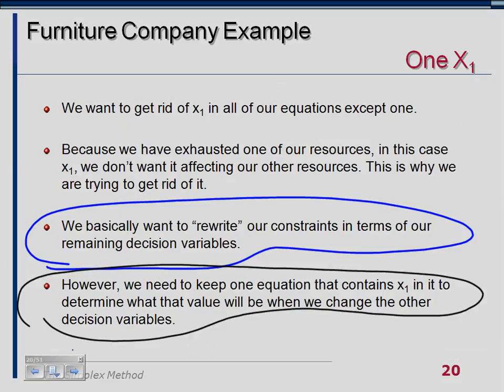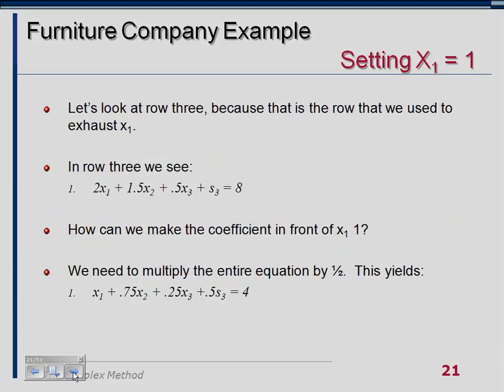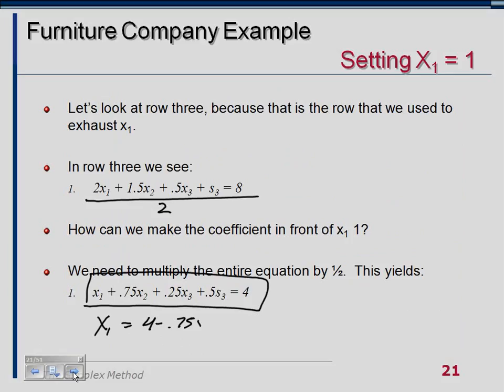Okay. So let's take a look at row 3, because this is the row that we used to exhaust or get rid of x1. So in row 3, we had this guy. All right? Now how do we get a coefficient in front of this guy? A coefficient of 1. Well, all we have to do is divide out by 2, right? Now, as soon as we divide out by 2, this is what we get. So we could actually rewrite this if we wanted. We could say x1 is equal to 4 minus 0.75 x2 plus 0.25 x3